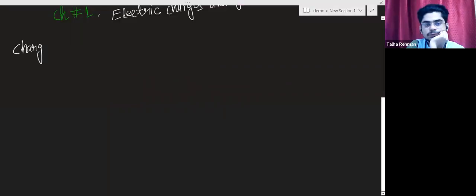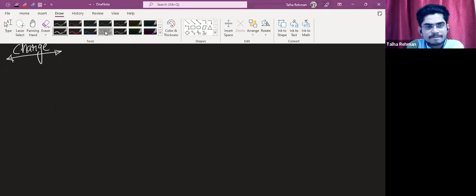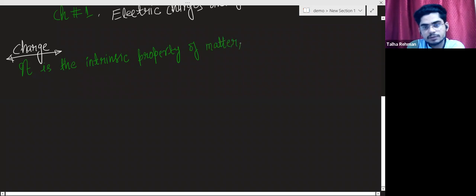Now, the very first thing is charge. In 11th class, we were familiar with mass, and now we are in 12th, so we will deal with charges. So, it is the intrinsic property of matter